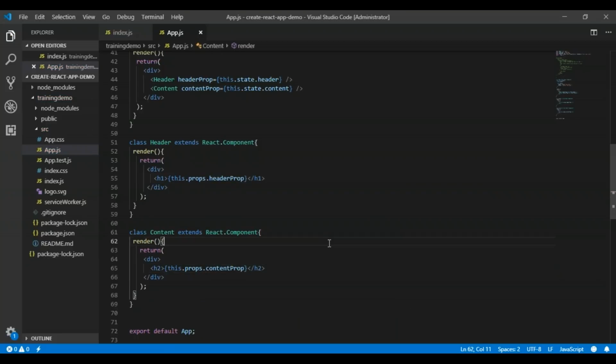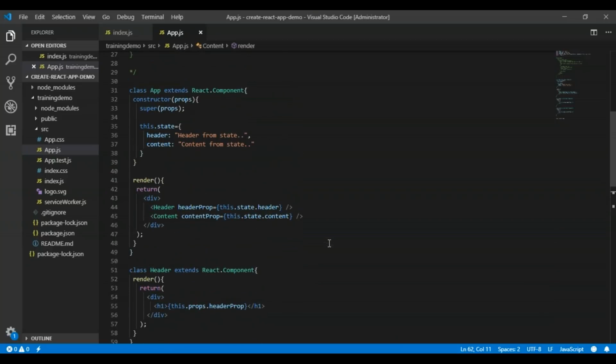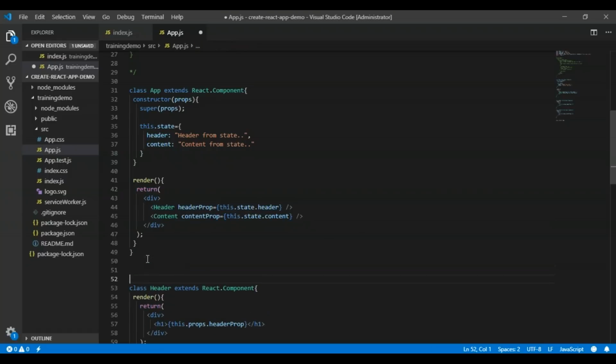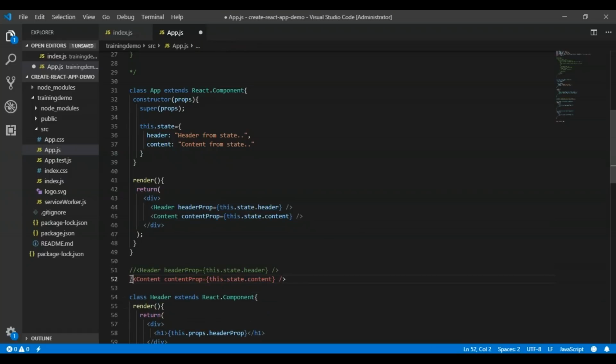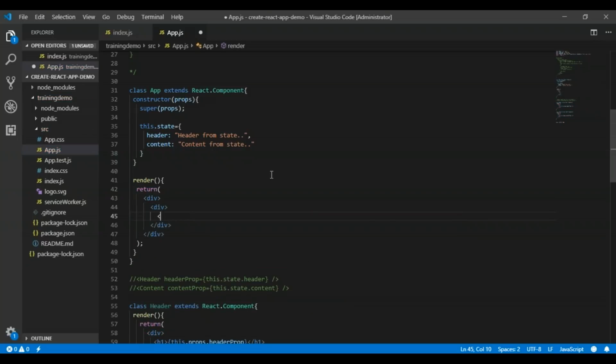So what we have done here is that in the previous example, if you remember, we didn't define two subcomponents. Let me copy this somewhere and then show you. Earlier, we defined a container, which was a div, and in this div we had one h1 tag.